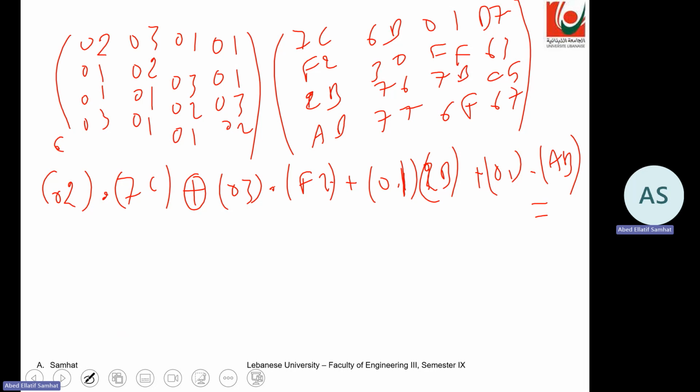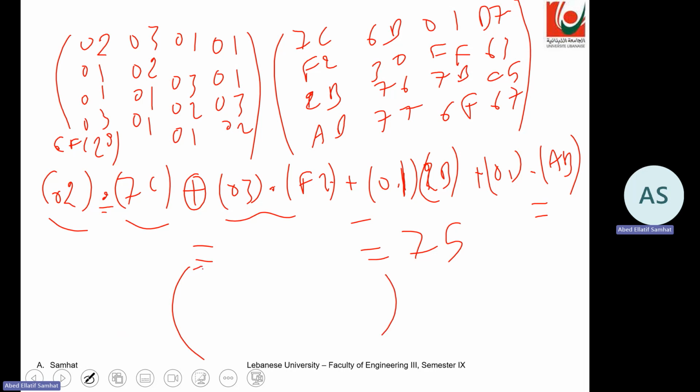So we are working here in Galois field 2 to the power 8. This is a specific multiplication done in binary. It's like a one bit shift. And then the addition is a kind of bitwise XOR. So we have to convert all those to binary and do the operation. And after doing them, we find the value in binary, and the result will be 75. So this is the typical way. It requires a lot of calculation. If you want the result, the result will be